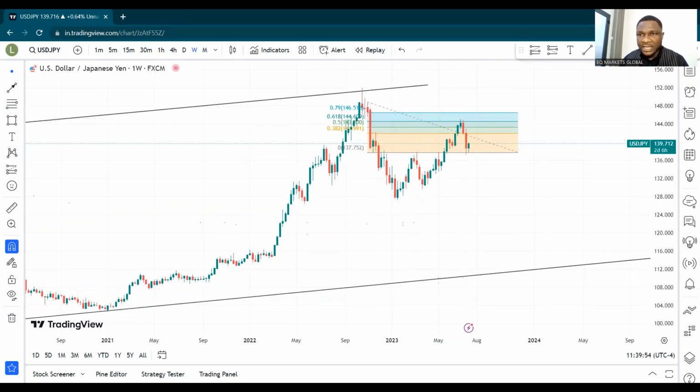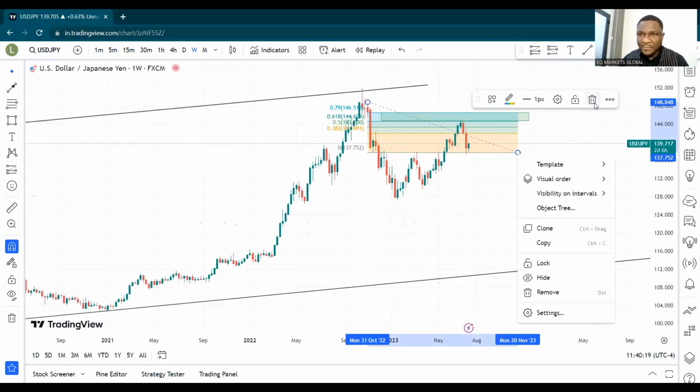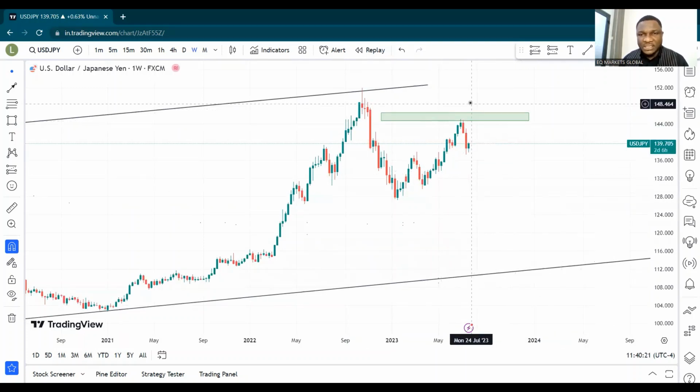If I'm looking at this imbalance, 1, 2, 3 here, then it simply means that my potential area where I'll be looking out for a sell is between the 61.8 to the 79% fib retracement level, which is literally around the zone, guys. Can you see that this is 61.8 and this is 79? Within this area is where most often I like to take my trades, and you can see how nicely price tapped into this zone and of course is beginning to sell.